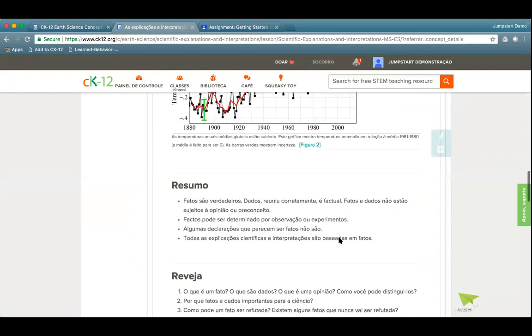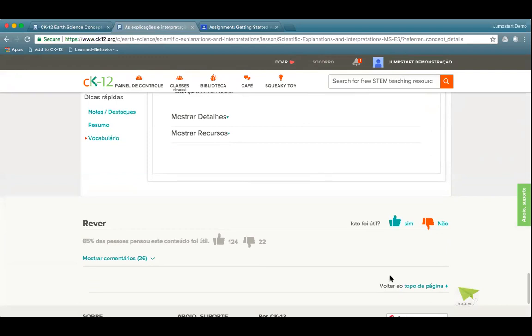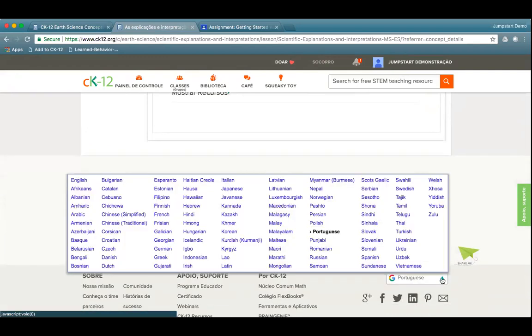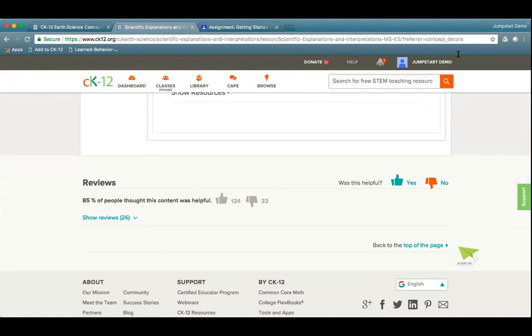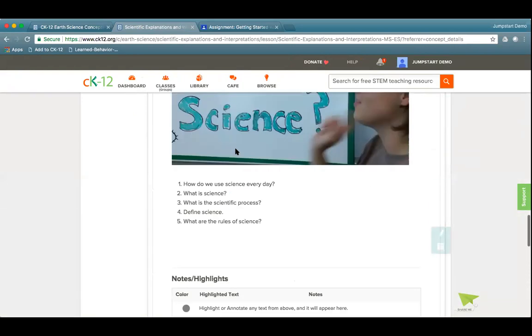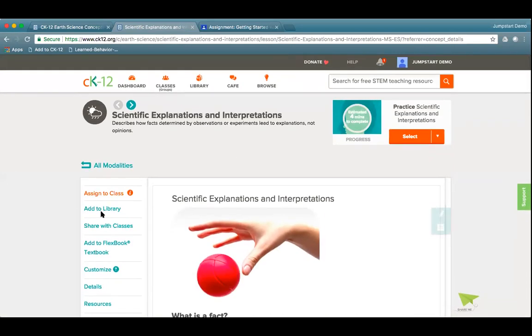So there are some options to help them with foreign languages. I know that's super helpful for parents as well. I'm going to put this back in English, so my site isn't in Portuguese for the rest of the day, but hopefully that one piece might be useful for English language learners. Also the ability to customize, and I'll just show you this link right here. So I can customize any of this content using this link on the left side, and that might help you adjust your content to address special need populations or English language learner pieces.